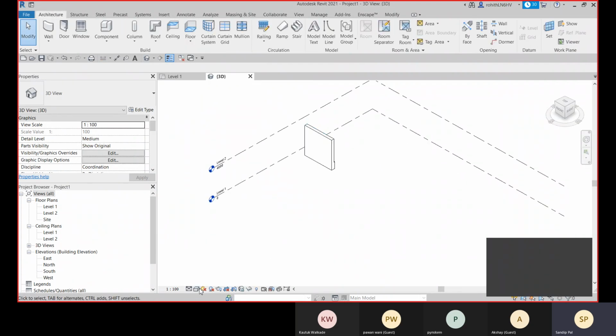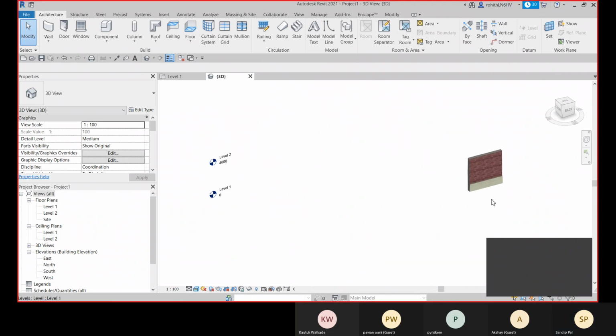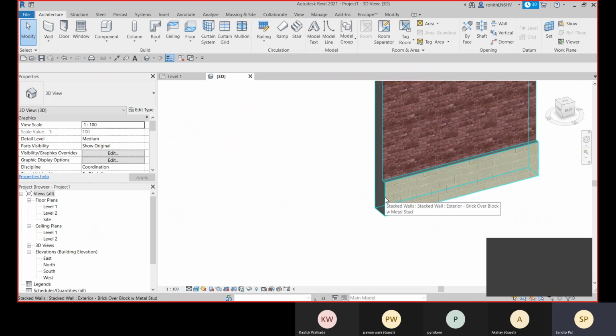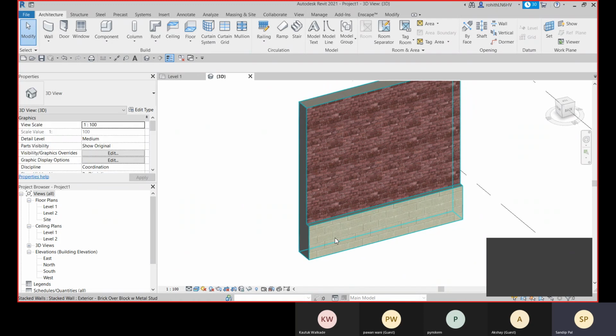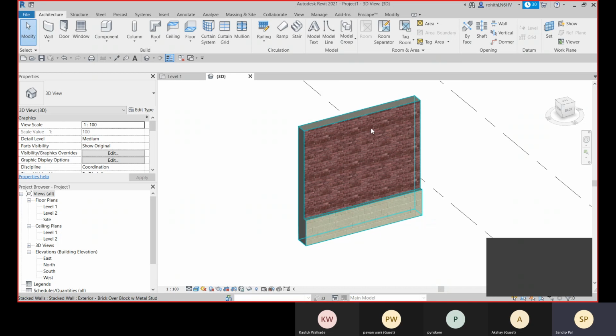So this is the stacked wall. Let me activate the realistic visual style from the view control bar. I hope you can understand this, that we have these two walls which are placed on top of each other.